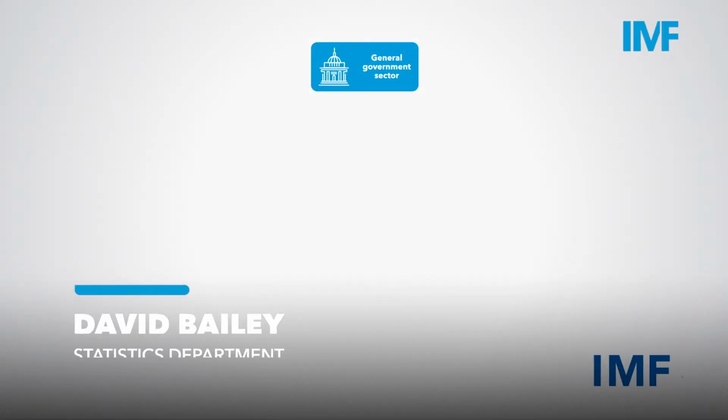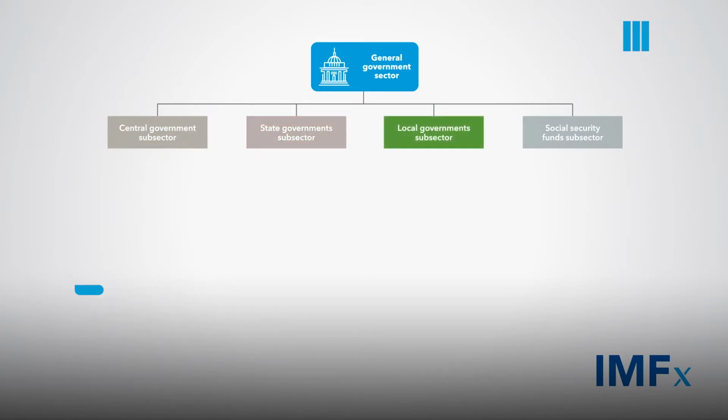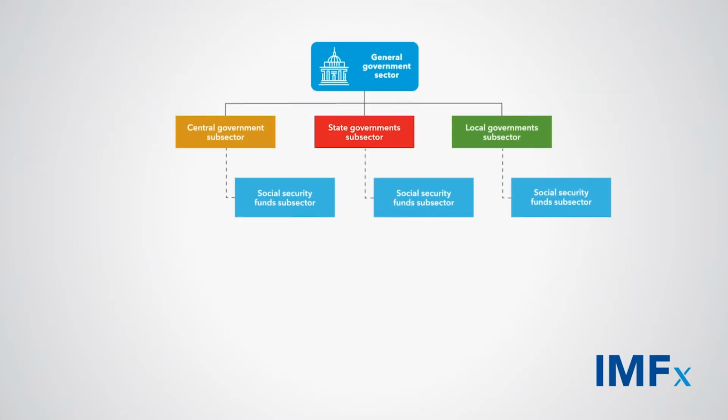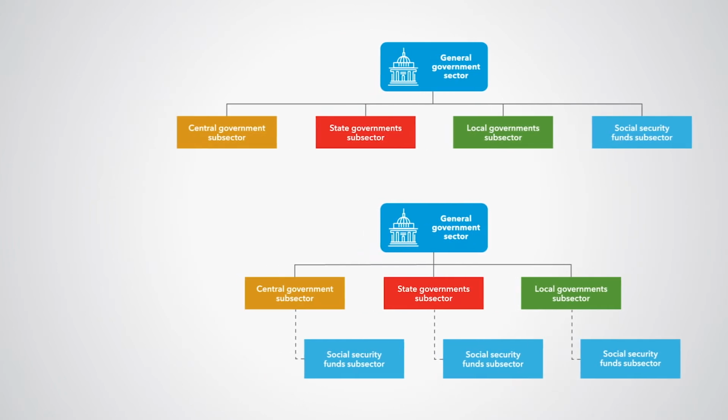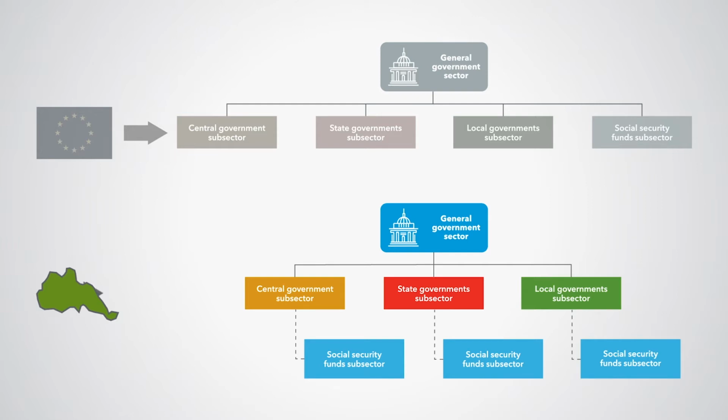In the GFS framework, there are up to 4 subsectors of general government: central government, state governments, local governments, and social security funds. Social security funds can be a separate subsector under the general government sector, or they can be part of each level of the government. For example, the European Union member countries consider social security funds as a separate subsector of the general government sector,